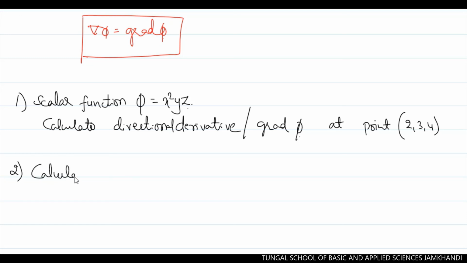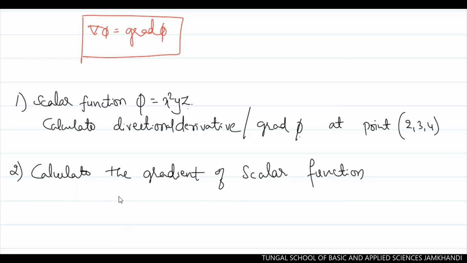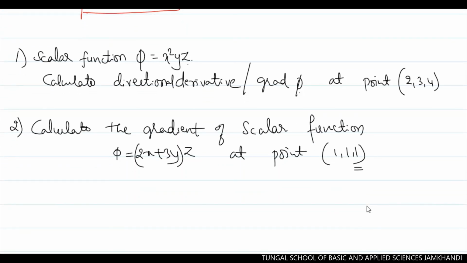Then second one is calculate a gradient of scalar function phi is equal to 2x plus 3y into z, right, at a point 1, 1. So these two are the questions you need to submit on a Google Classroom by solving the gradient of the particular function,